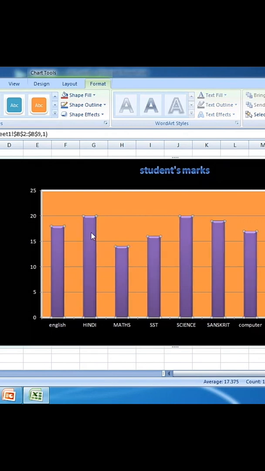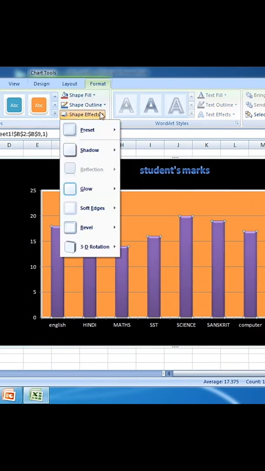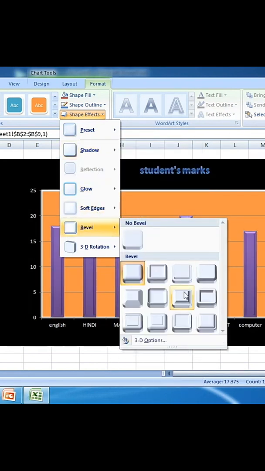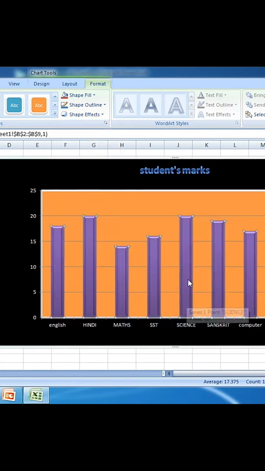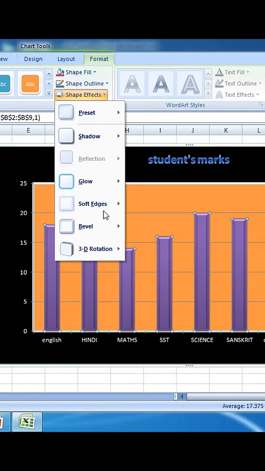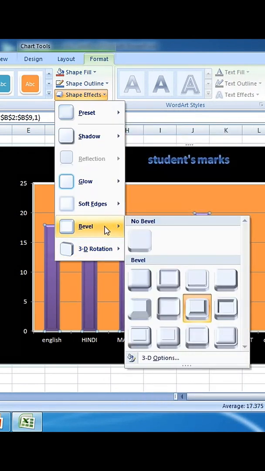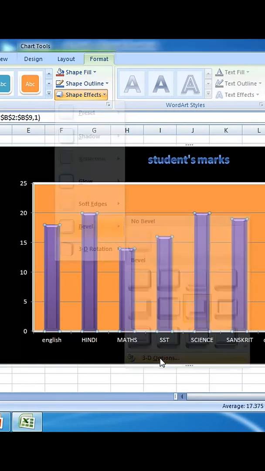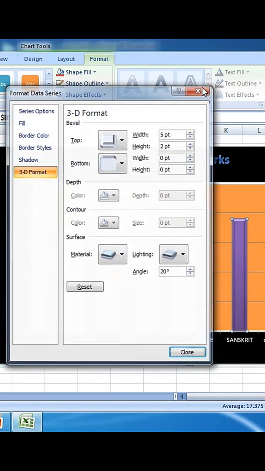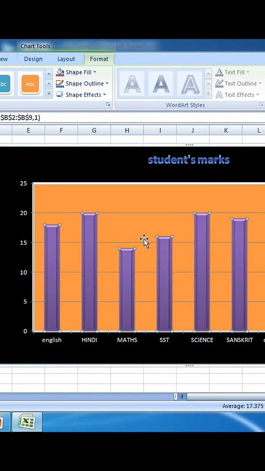For that, select a particular column. Go to shape effect. Again the same, whatever your wish, you can select. Bevel I am selecting. Have you seen the changed output? Earlier it was different, now it is different. Or you can select the 3D option also. Fine, it's up to you, whatever way.